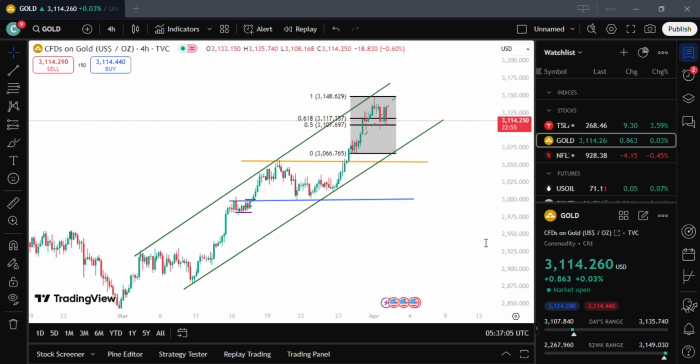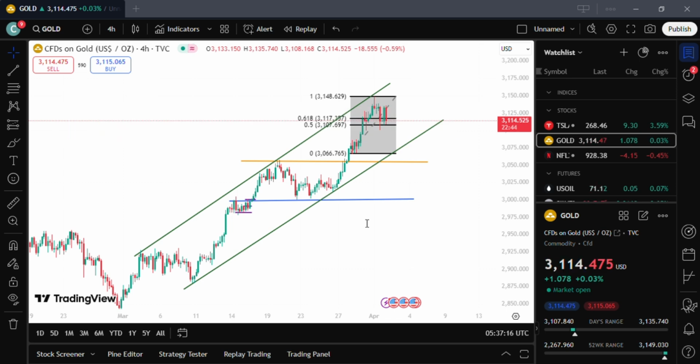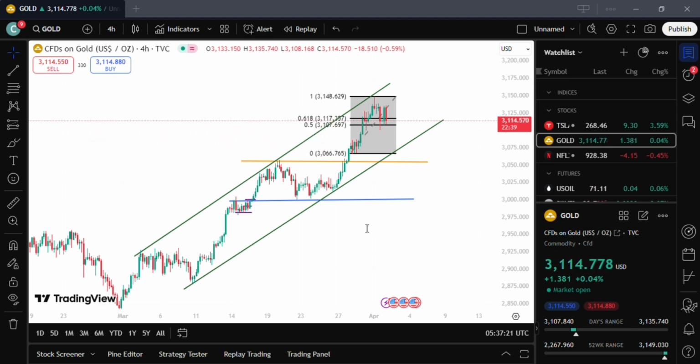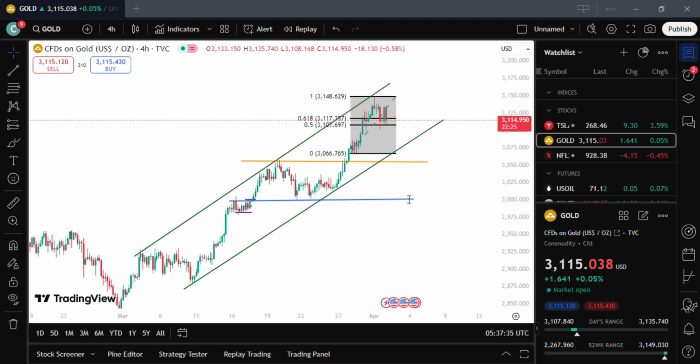Ready? Let's dive in. So, today we know that the United States Reciprocal Tariff Plan is going to be announced. And now, this plan is expected to create significant ripples in the forex market. We predict that the uncertainty surrounding the details of the tariff could lead to increased volatility. And if these tariffs are aggressive, the US dollar might strengthen initially as investors seek safe haven assets. However, prolonged trade tensions that are being caused by these tariffs could weaken the dollar over time due to potential negative impacts on the US economy.